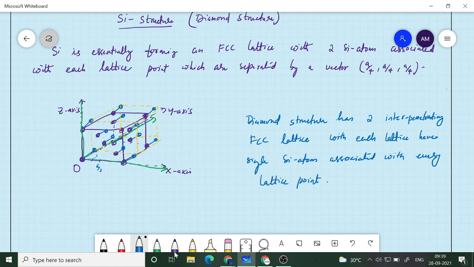So this is an alternate way of looking at diamond structure. You can look at it in any way. First way, I told you that you imagine an FCC lattice, and then associated with each lattice point there are two silicon atoms separated by a/4, a/4, a/4. Second way of thinking about it is you think about two FCC lattices which are interpenetrating each other, and they are displaced by a vector a/4, a/4, a/4. Okay, so diamond structure has two interpenetrating FCC lattices